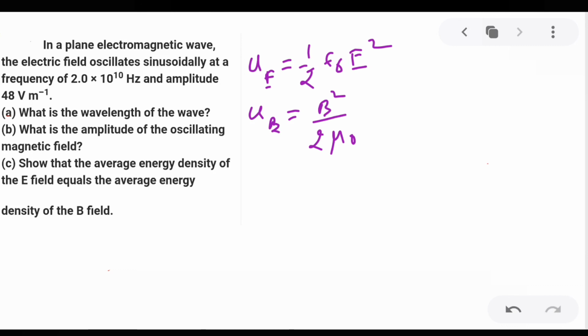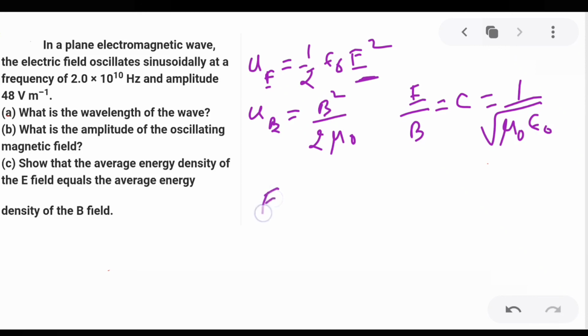We know that E by B is equal to c, the velocity of light, and that is also equal to 1 by square root of mu naught epsilon naught. From this I can write E square is equal to B square divided by mu naught epsilon naught. So if I substitute this E square in this equation